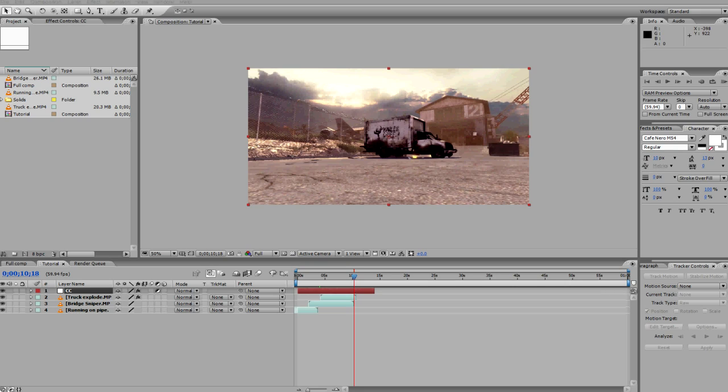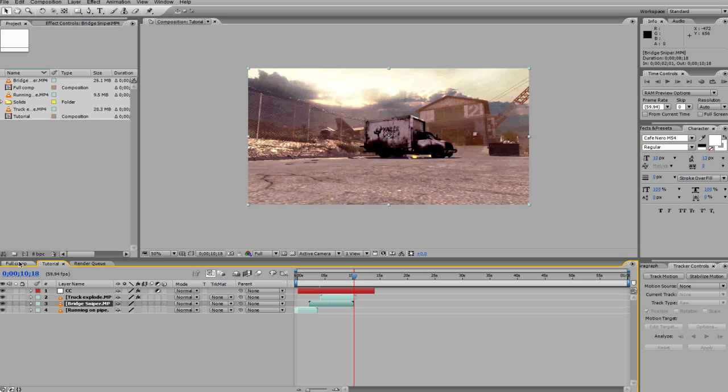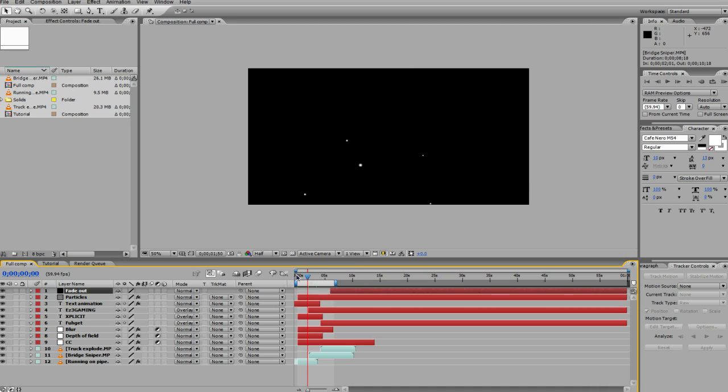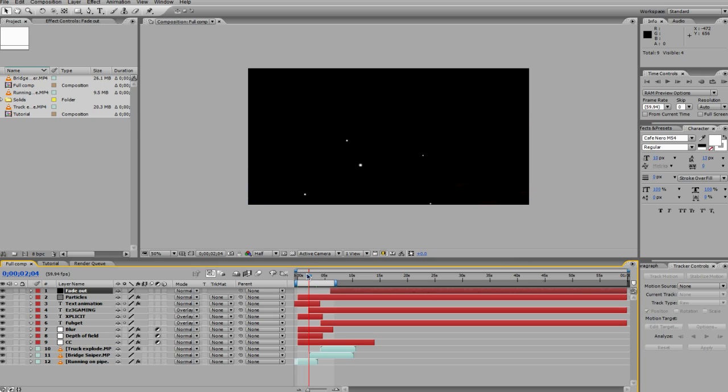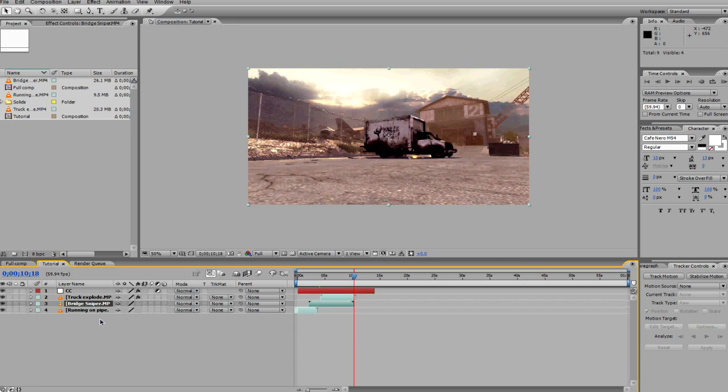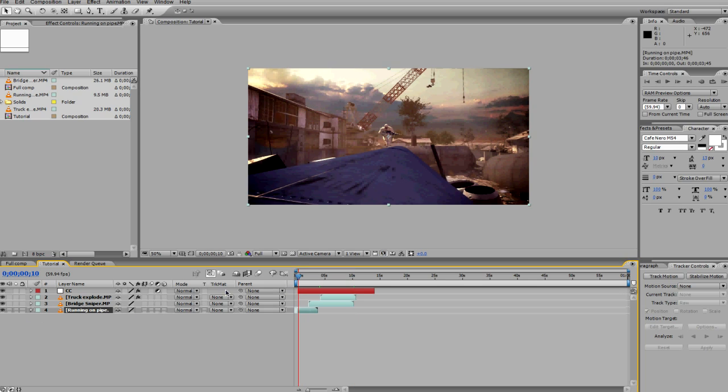The first tutorial I'm going to be using Twixtor, and the effect that will have is as you can see here, he's running along and then it goes into Twixtor. That looks quite nice. So yeah, I'm just going to go into this composition, and the first clip is here,